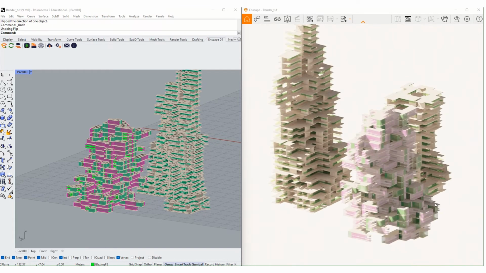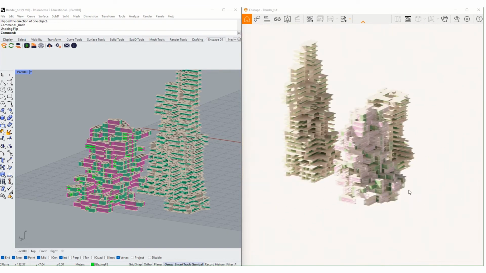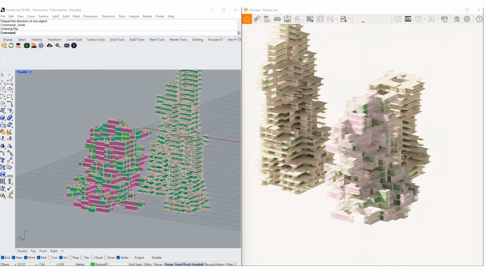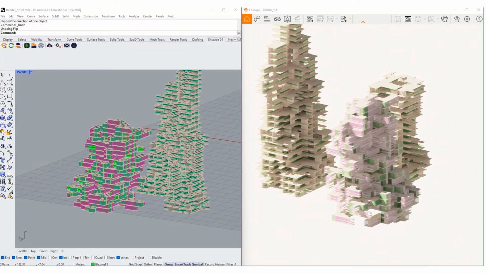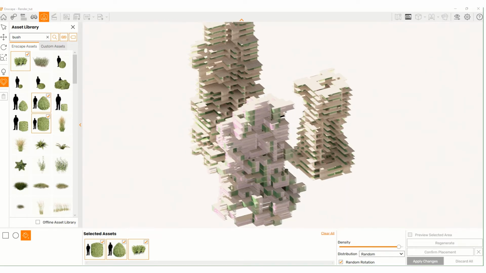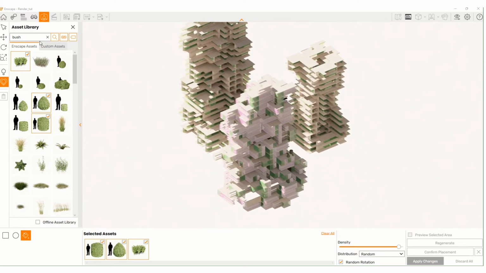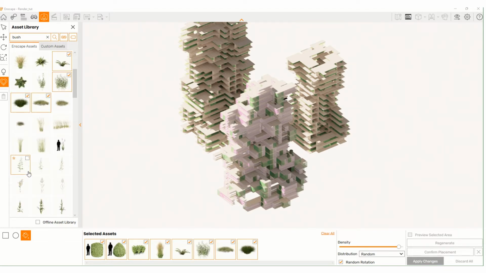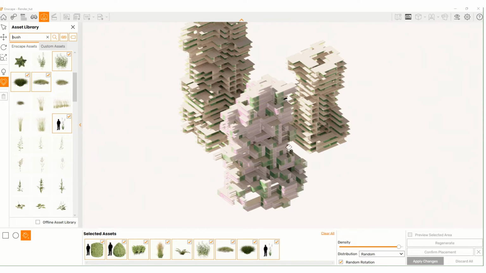So the next thing we'll look at once you kind of have a tuned material is how you might add assets into Enscape. So using this asset library within the rendering interface, if we navigate to this button, what we can do is we can say, let's say we want to start placing some bushes and stuff like that. We can search for bushes in the asset library, and then we can select lots of different assets,